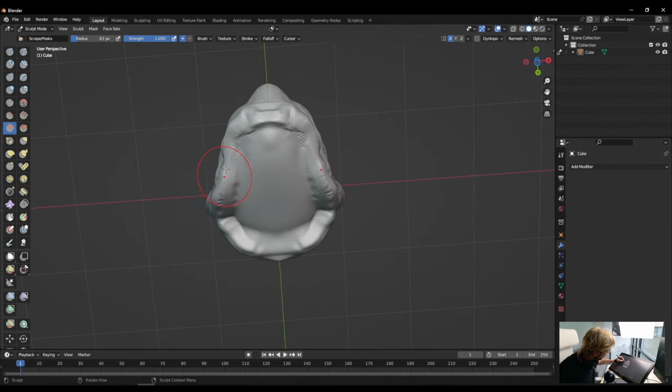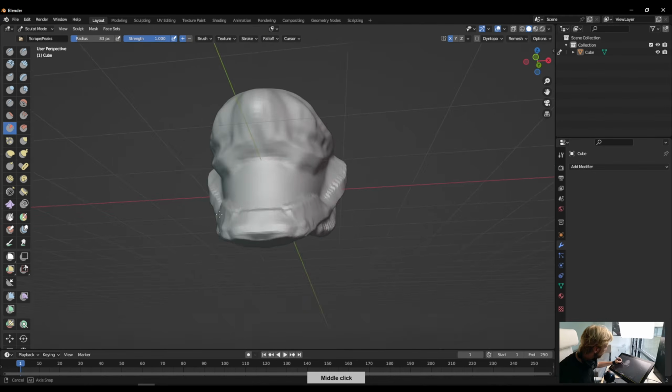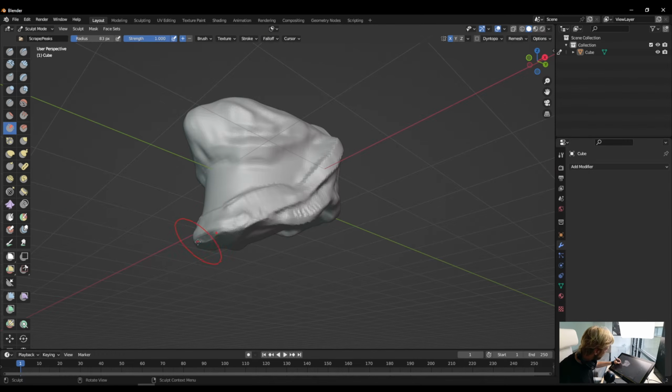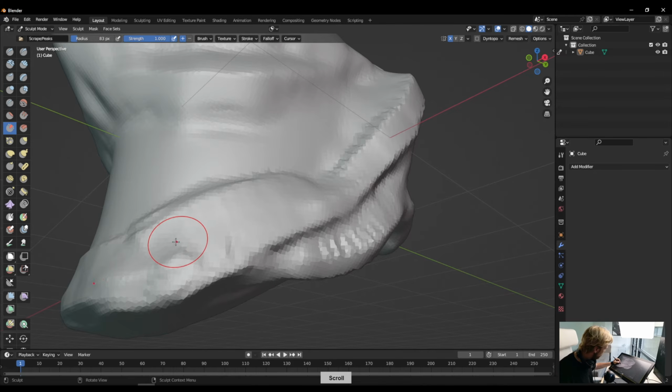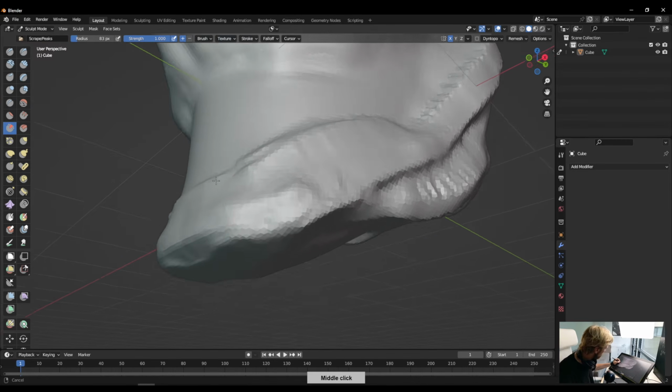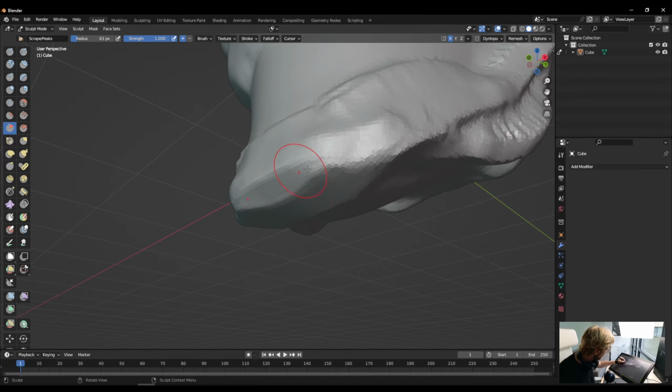So for instance, the bottom of the chin here, we just flatten that out, hit that, let's zoom into it actually. Zoom in and also drag it here, hit that,